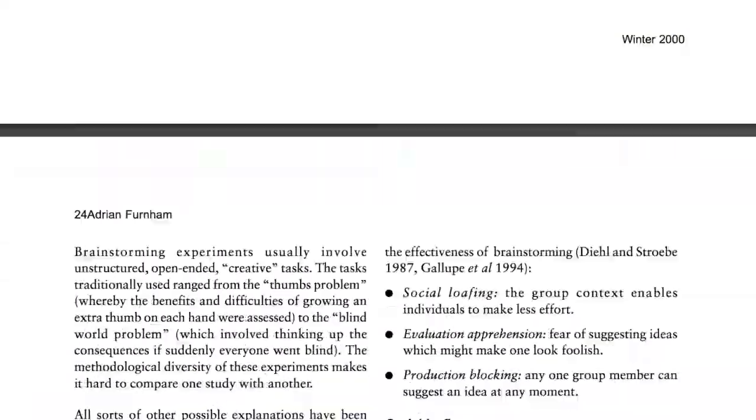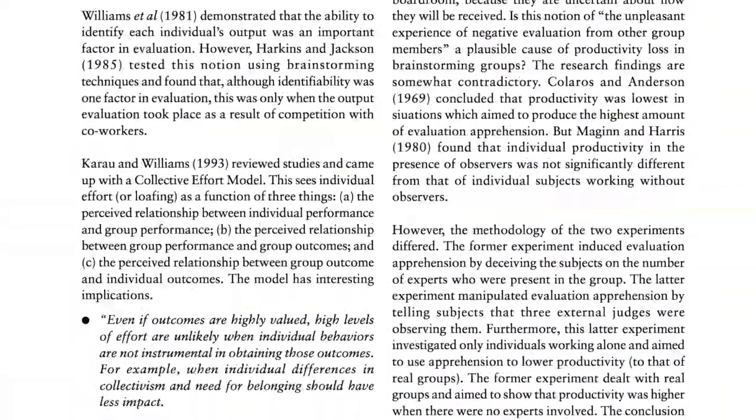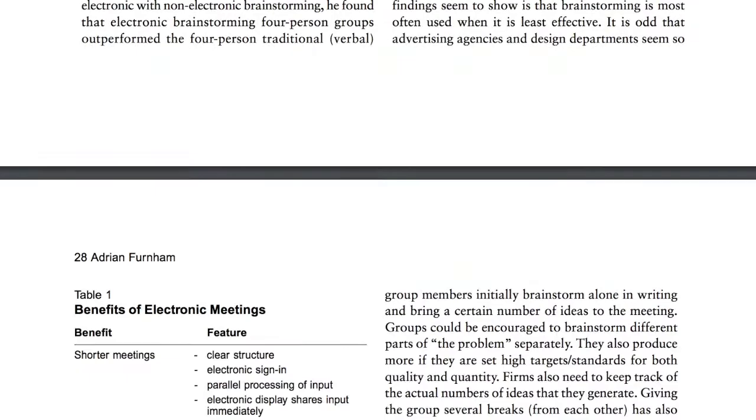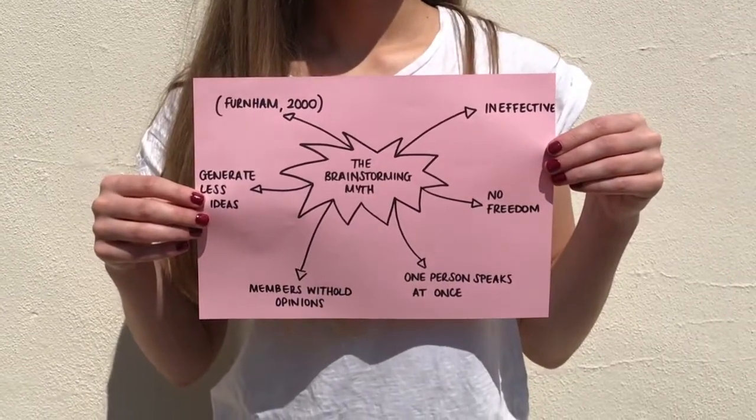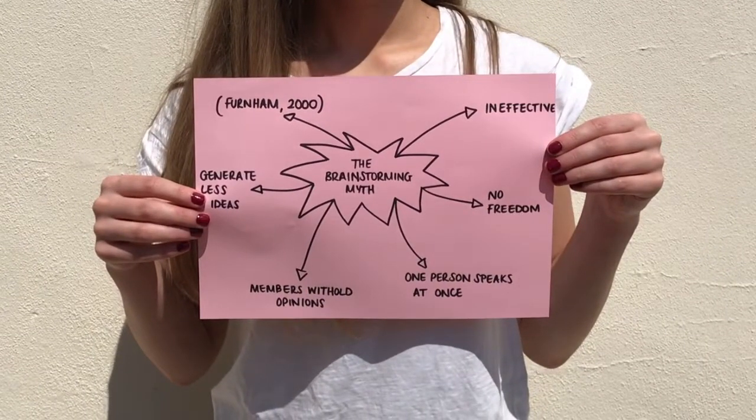Even though the initial freedom for thought and expression was what drew both the groups to adopting a brainstorming approach, it seems that upon reflection this could have been the very thing stopping our teams from generating more ideas. For example, because only one individual can speak at once during a group meeting in order to keep it polite and comfortable, other members of the groups may have withheld from giving their opinion or idea.